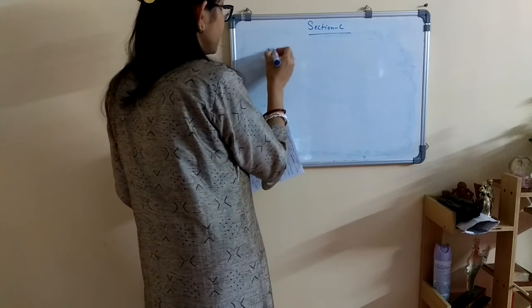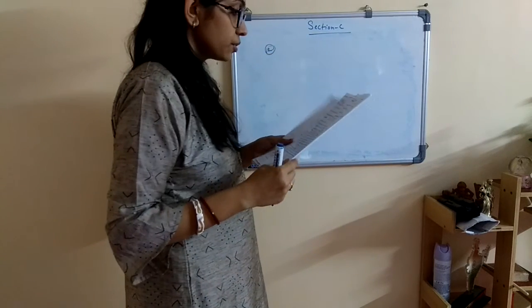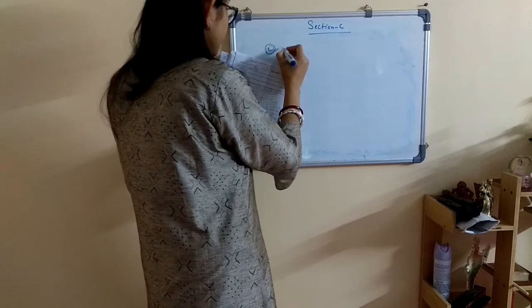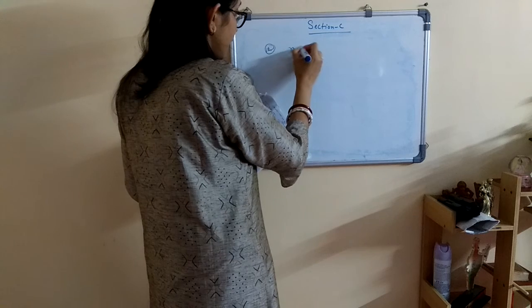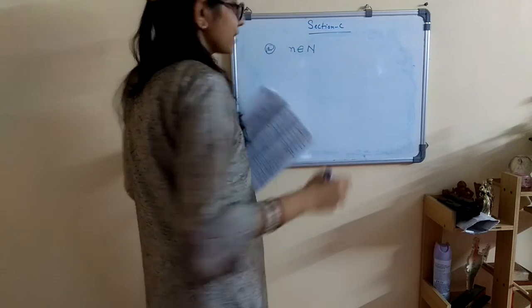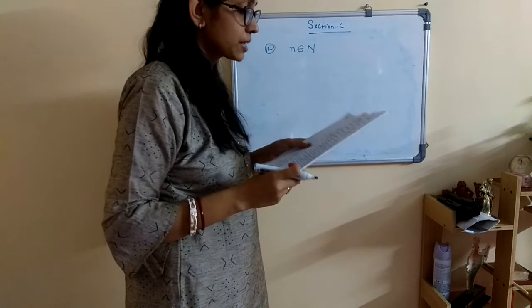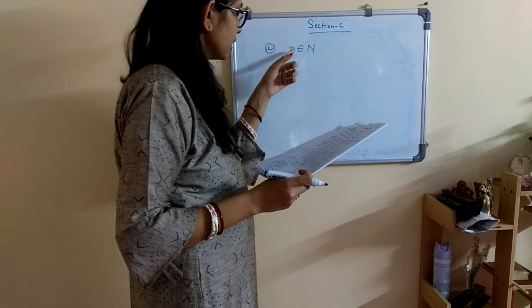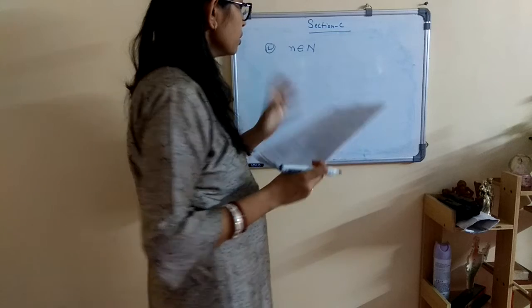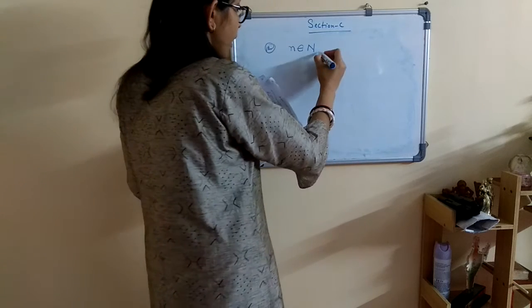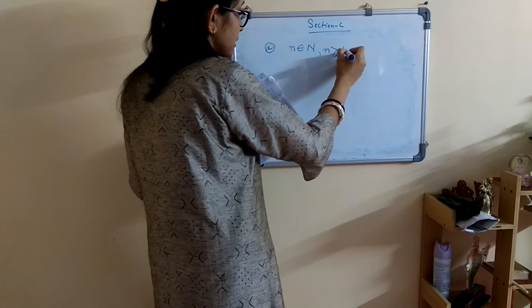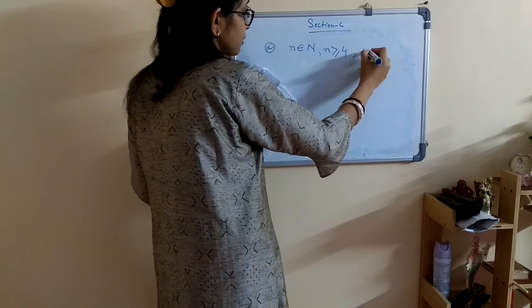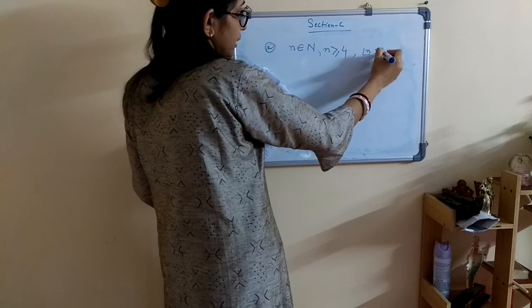So I have solved question number 11. Now let's see question number 12. For this video, these three questions I will be solving. In question number 12, this is a question from the chapter on integers. Small n is a number which belongs to the natural numbers, and the value of n is greater than or equal to 4. We have to show that factorial n is greater than n square.